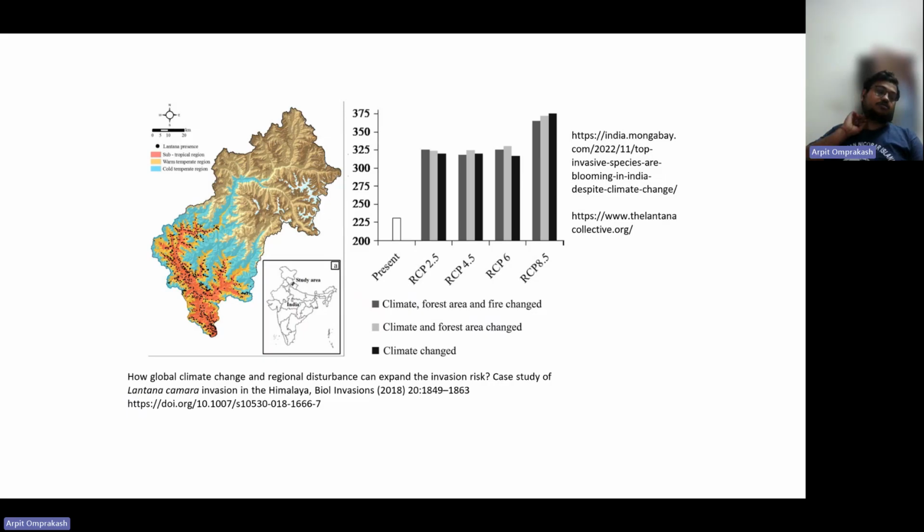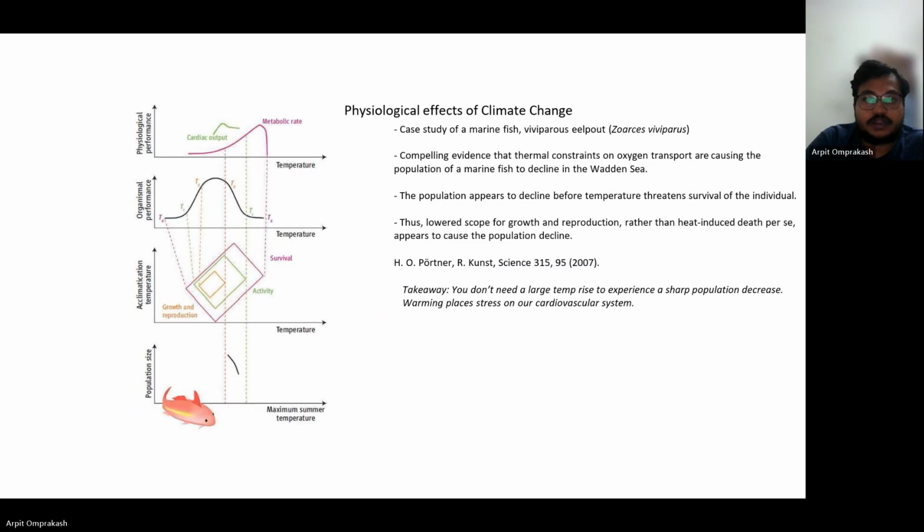in the secondary structure of the forest, so affecting the forest. So here we see if the climate has changed, that forest is okay. What's going to happen if the climate and forest change, what happens? And if it also includes fire, what happens, right? These are the different scenarios according to the IPCC.